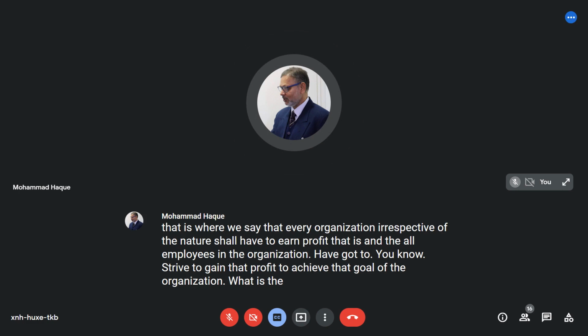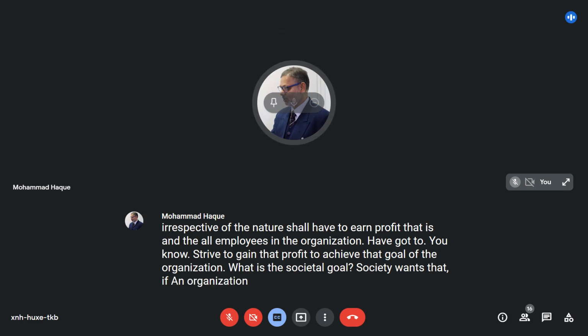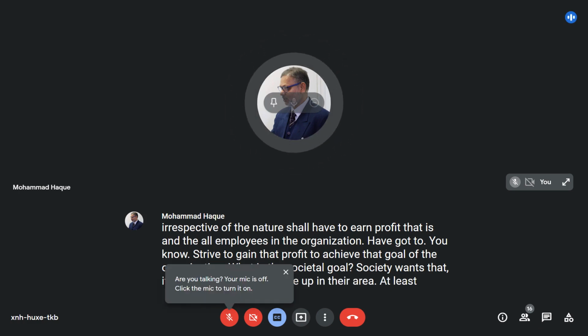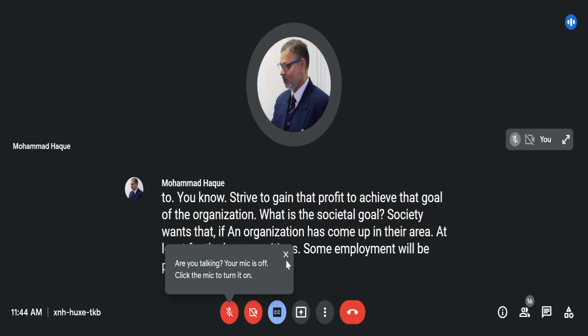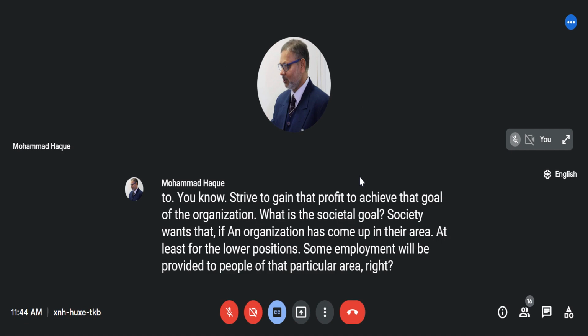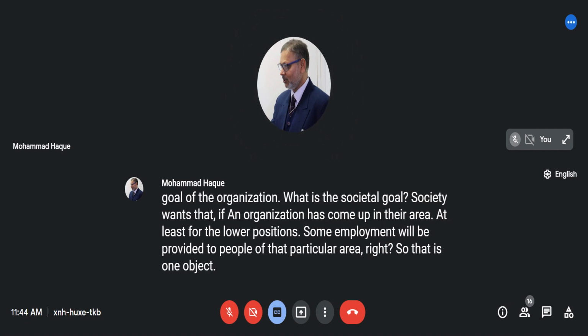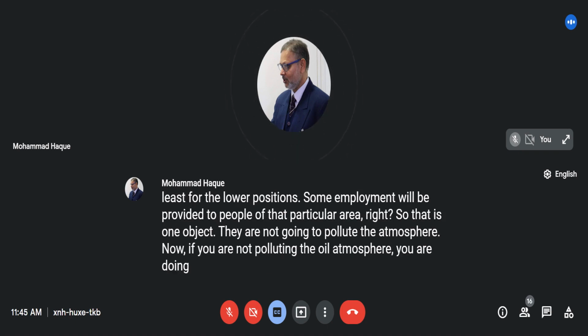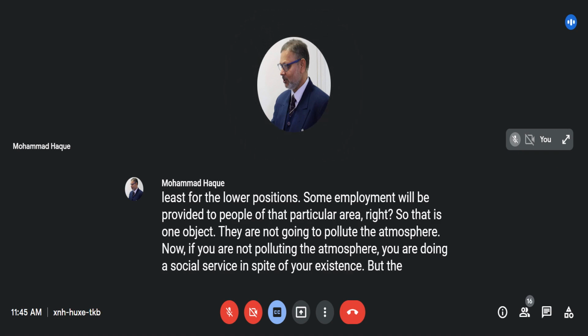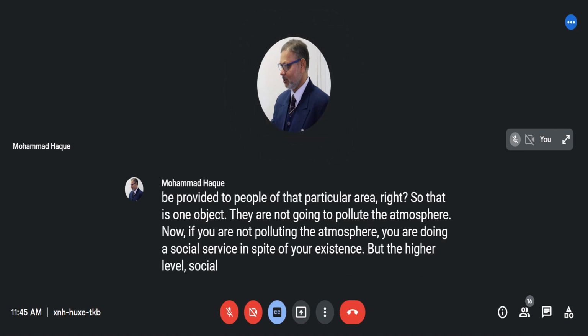What is the societal goal? The society wants that if an organization has come up in their area, at least for the lower positions, some employment will be provided to people of that particular area, right? So that is one objective. They are not going to pollute the atmosphere. Now, if you are not polluting the atmosphere, you are doing a social service in spite of your existence. But the higher level social objective is to get